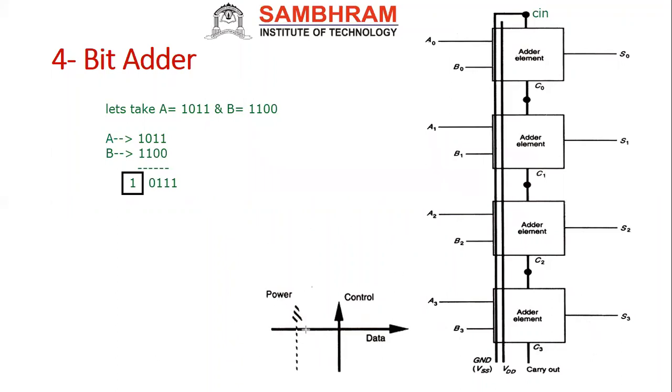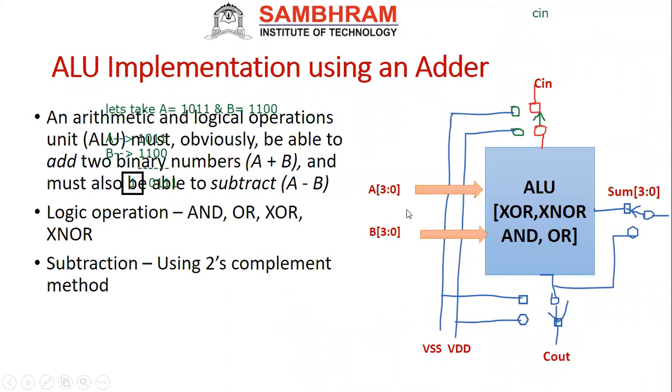Now we can see how the stick diagram flow will be. The x-axis, that is the horizontal flow, will be data. The vertical flow will be control signals. Then vertically the power also will be there. So in this way your stick diagram will be there. Here A3 and B3, everything is data. Then the control is nothing but the carry. Next, power.